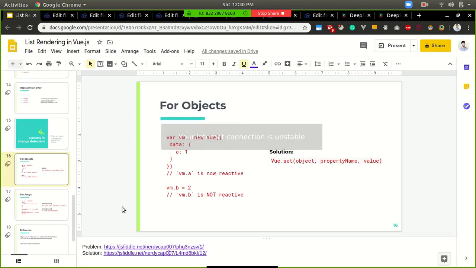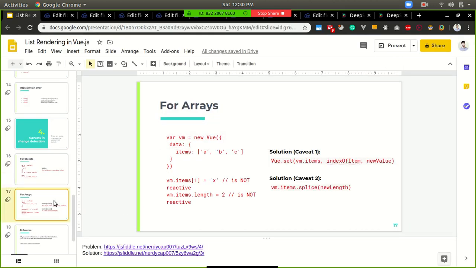Apart from objects, the other caveats are in arrays, and there are two. One is if we directly change something at an index, like index 0 or 1, it won't be reactive.